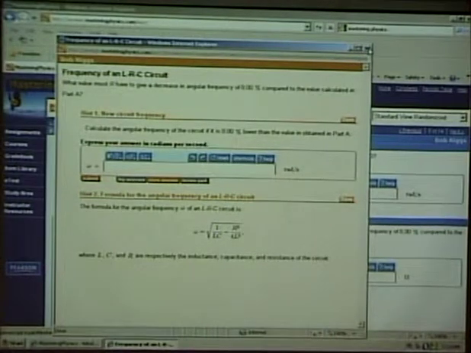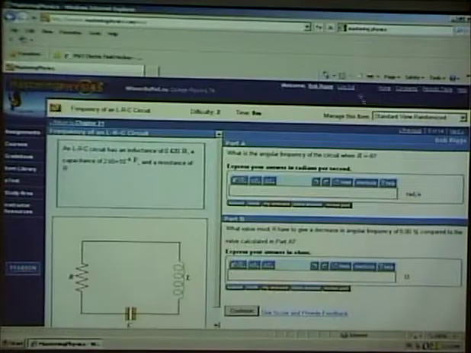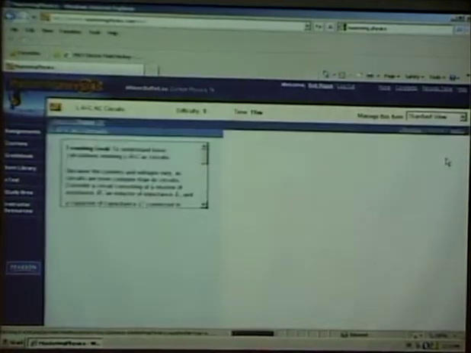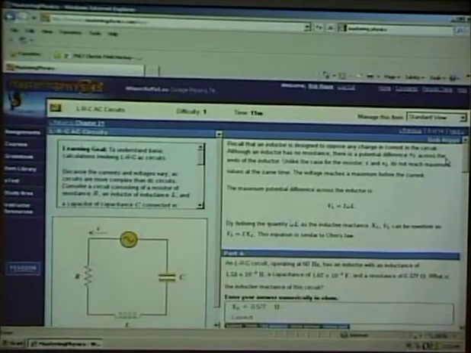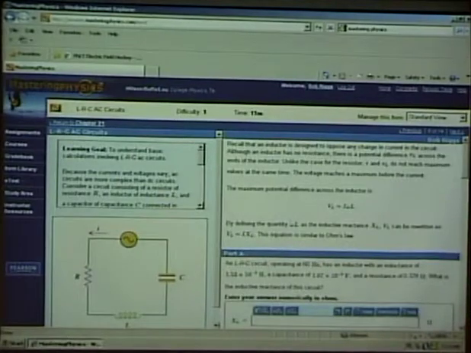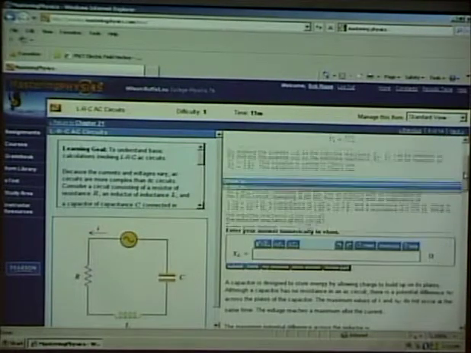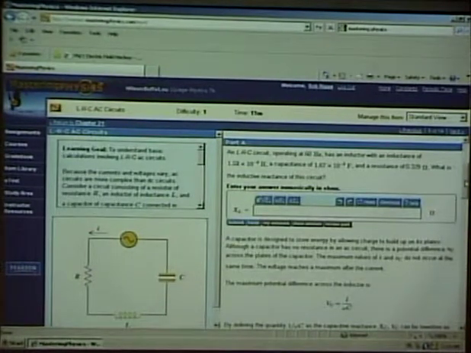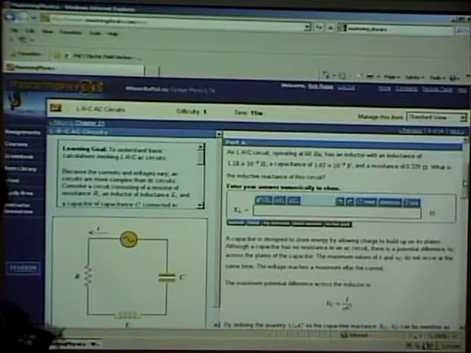Now remember, your numbers may vary to protect the innocent. All right, Problem 6, Difficulty 1. Now this wasn't so bad. Yeah, they're going to change the numbers on you. All right, so here we go. It says operating at 60 hertz has an inductor with an inductance of 1.53 times 10